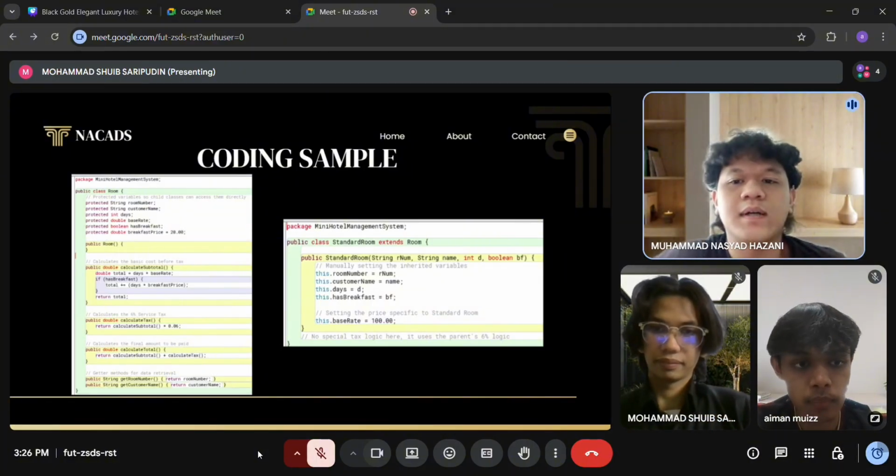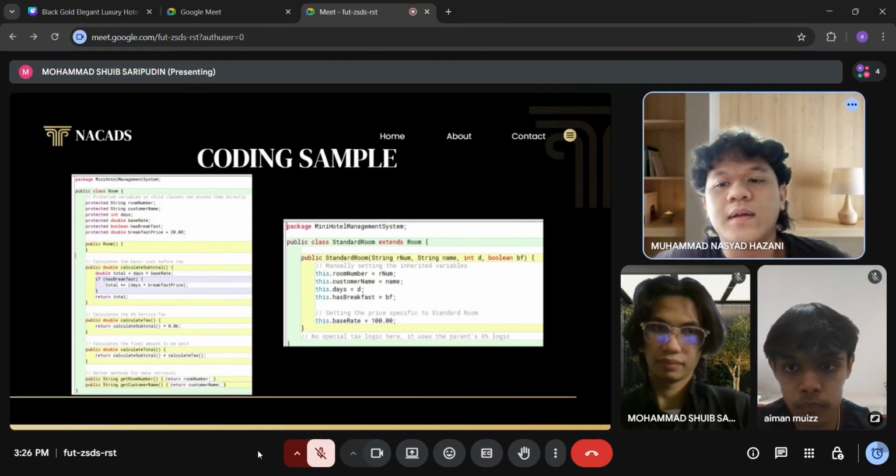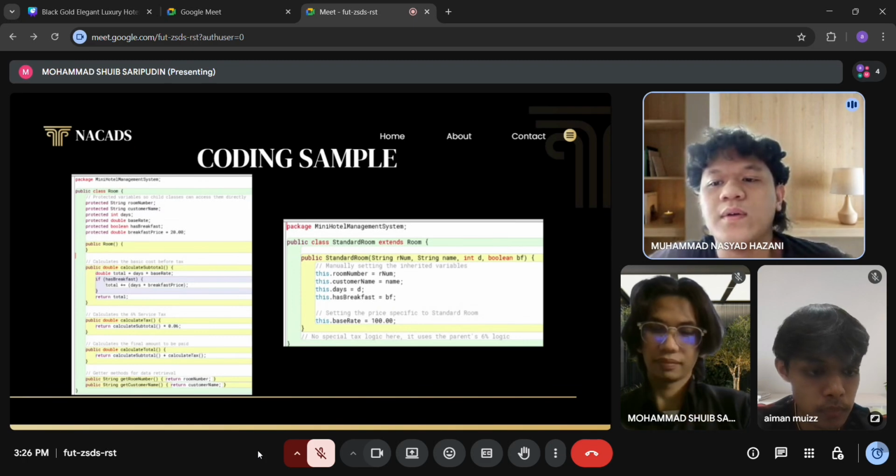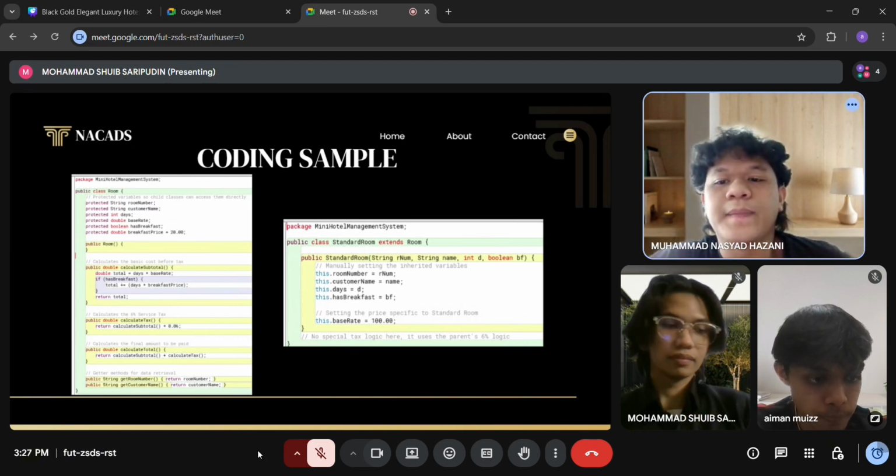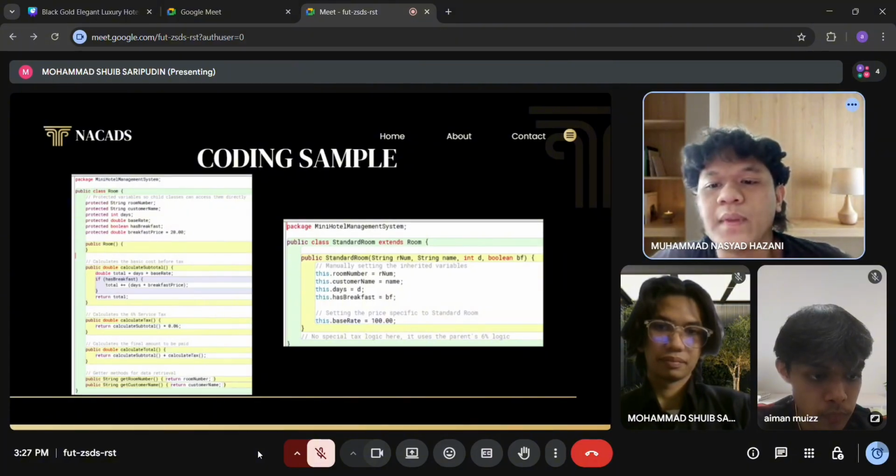First things first, I create a Room.java. In Room.java, we use a parent class and subclasses. Then I create variables such as customer name, dates, and has breakfast. And then I modify them to protected, not private. Why? Because the superclass can access the